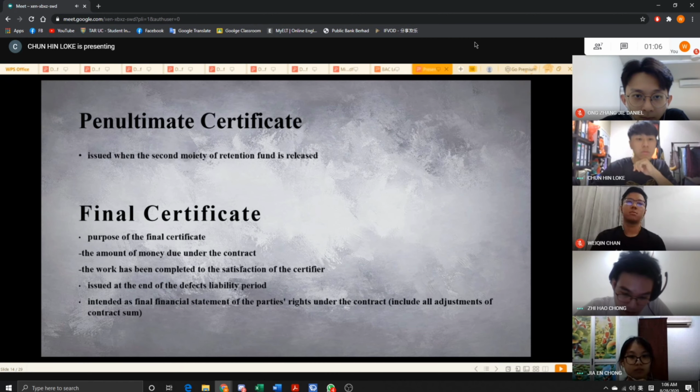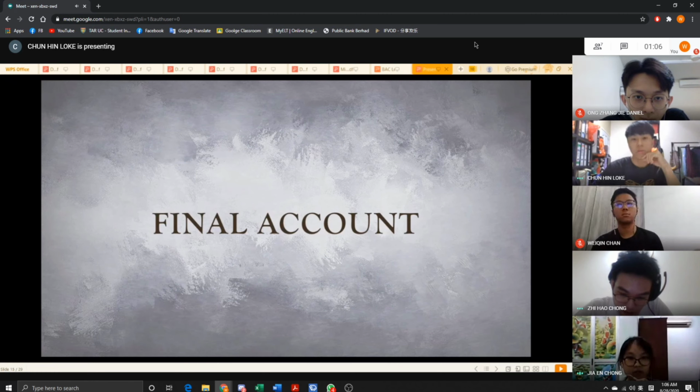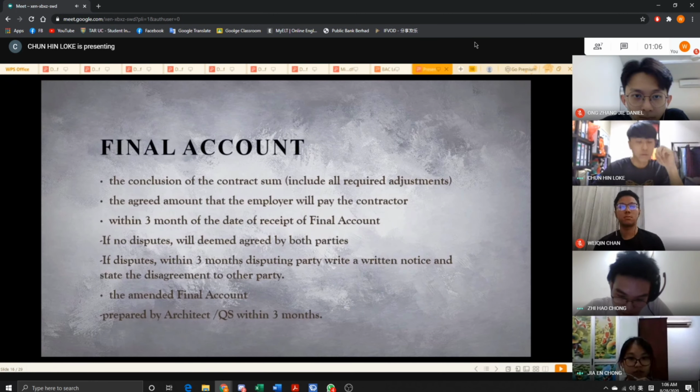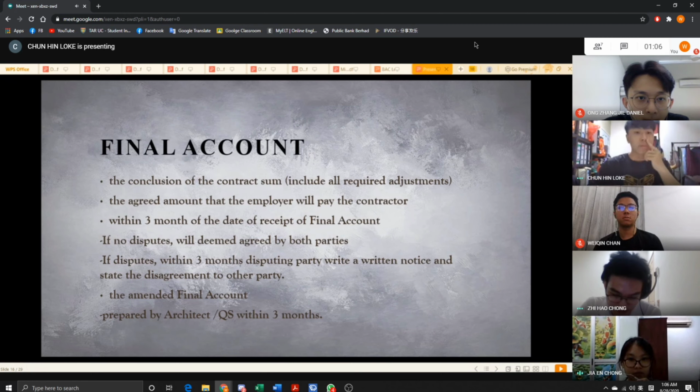Next. The final account is the conclusion of the contract sum that includes all of the requirement adjustments. It is the amount that the employer pays to the contractor, agreed by both parties. After receiving the copy of the final account, within 3 months,